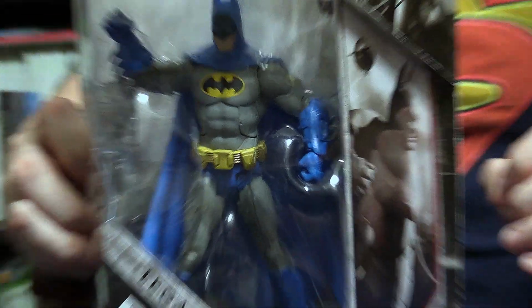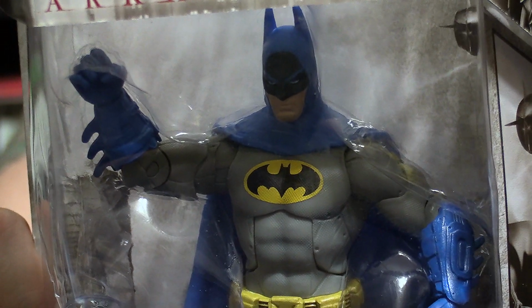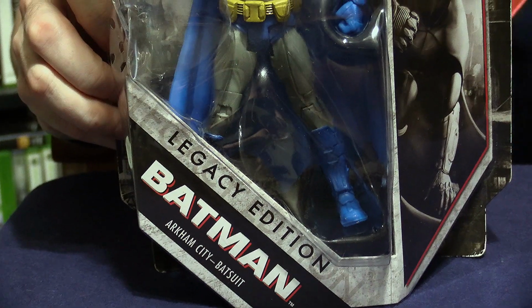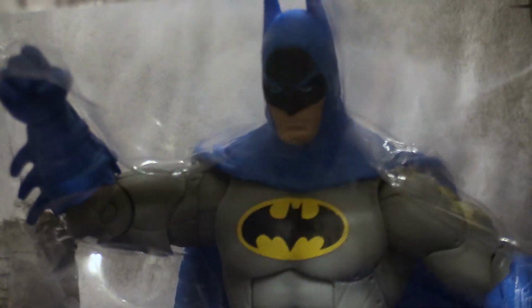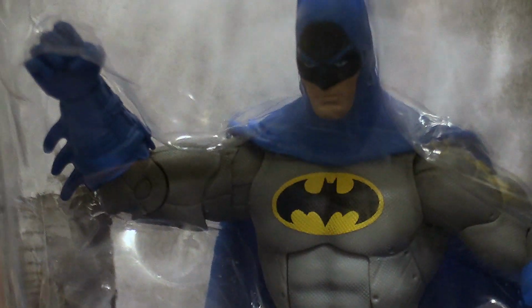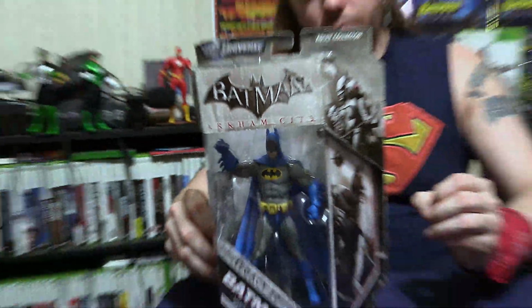Very interesting figure. Now, to capitalize on the release of the Arkham City video game in 2011, Mattel put out a line of figures to coincide with that game, representing the characters as they looked in that video game. Now, Batman obviously was the main figure, but parallel to that, DC had released a line of figures, a subline,